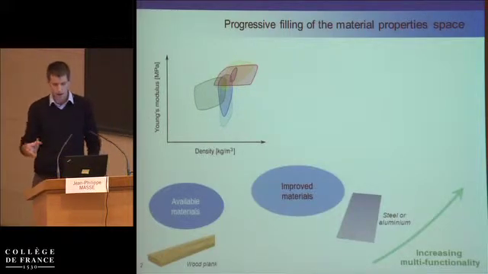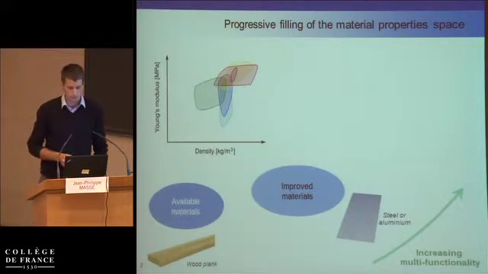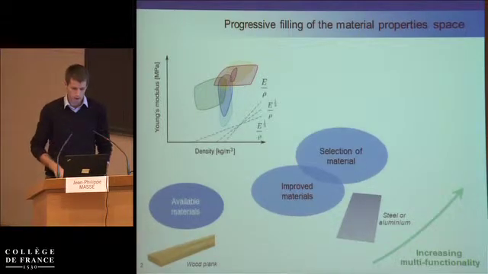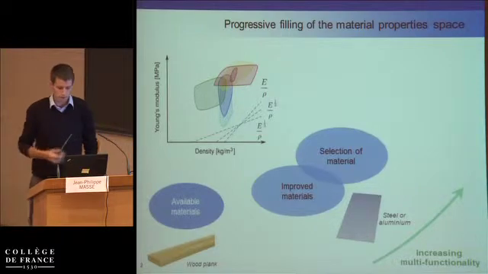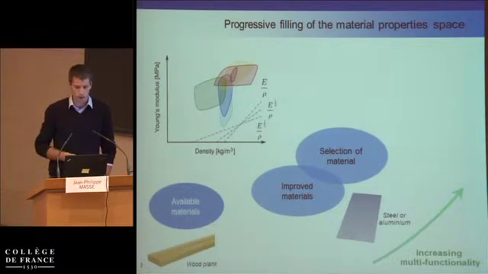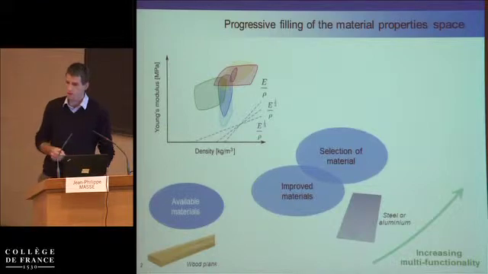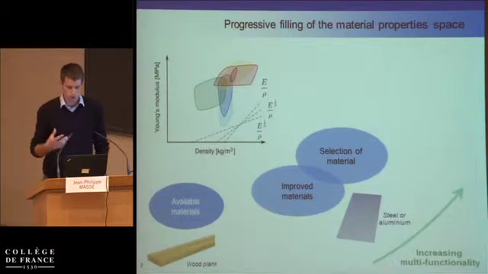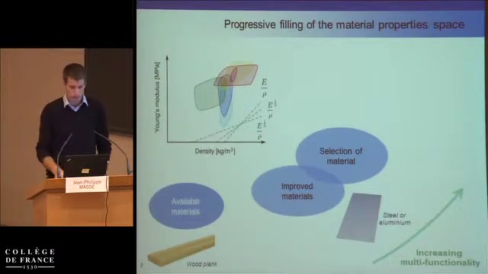We enlarge the space of materials with metallurgy and chemistry, and we improve more and more the available materials for designing parts and products. And thanks to selection tools, for a given, more multifunctional specification, we are able to select the good material, the best compromise between